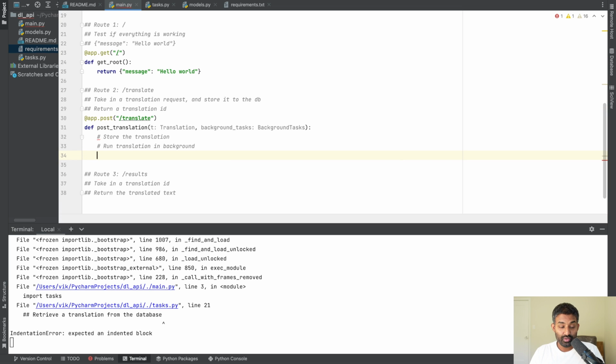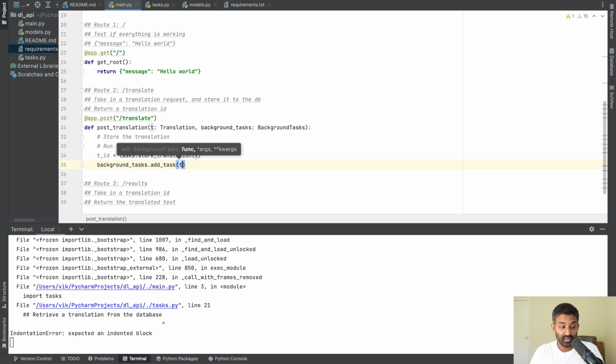So we have post translation. So we're going to say tasks.store translation t. So this is going to take the translation request sent to the server, store it to the database, and then as a result, we'll get the database ID of that translation. Then what we'll do is we'll run a background task, passing in that ID,